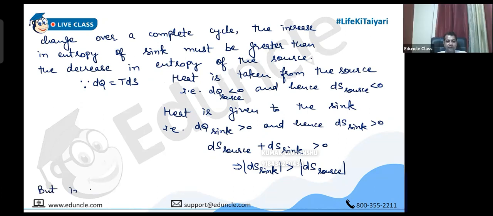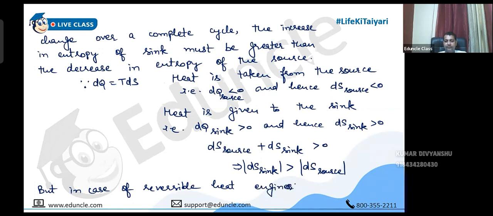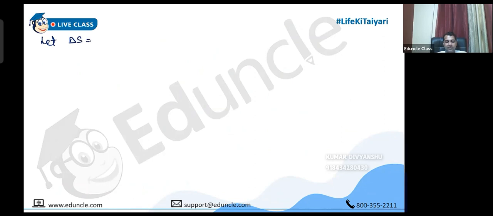But in case of reversible heat engine, we have dS sink equal to dS source. Okay, in reversible their change will be equal, na? Only then it will come back to its original position, because total change in entropy should be 0. Clear? So let delta S be the decrease in entropy